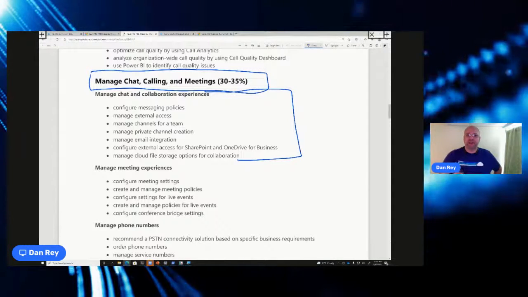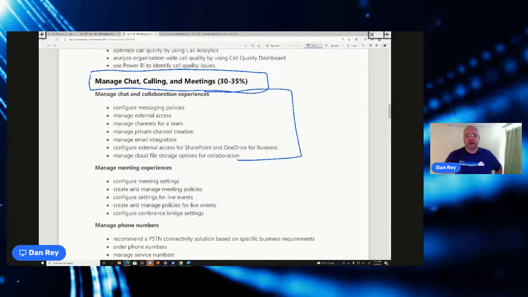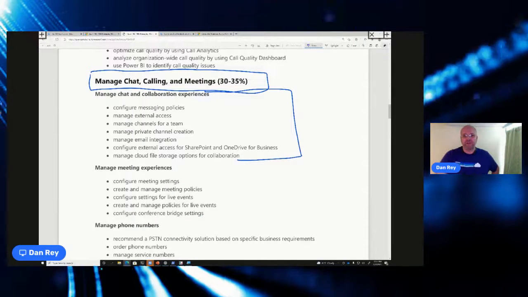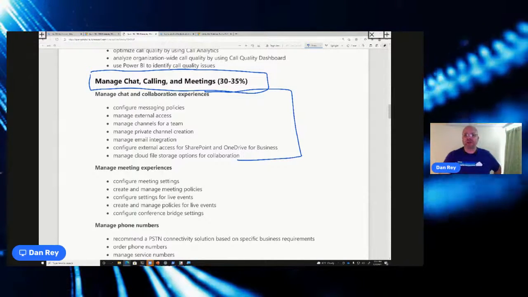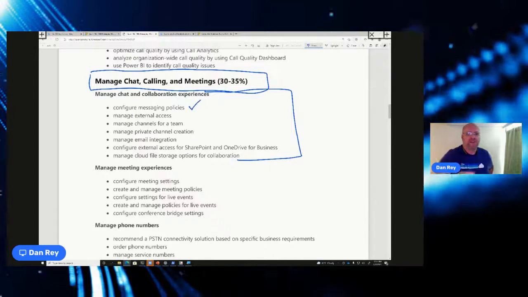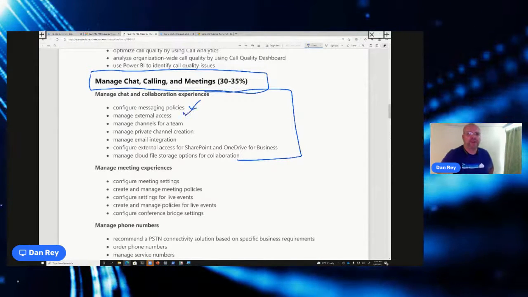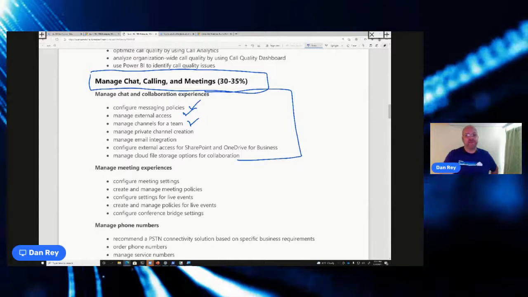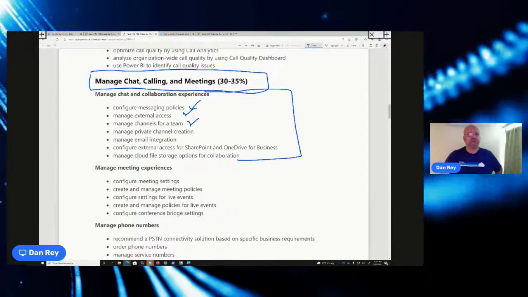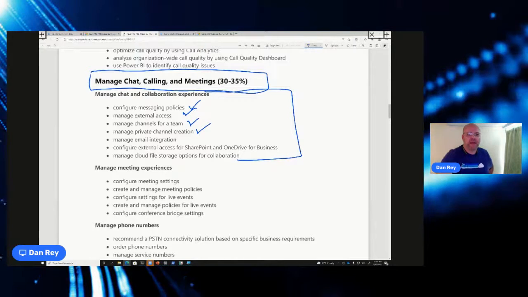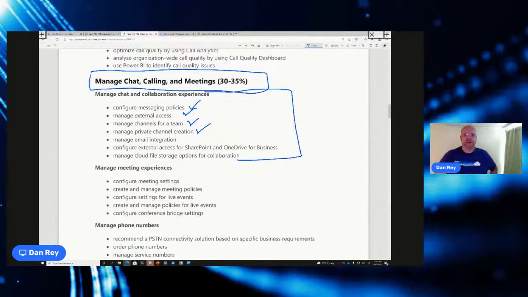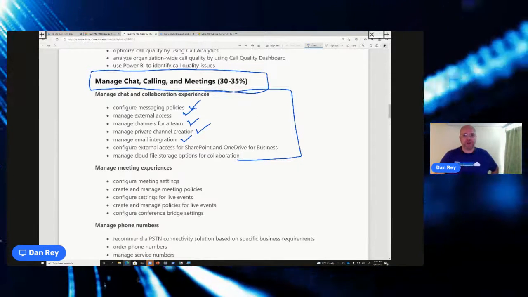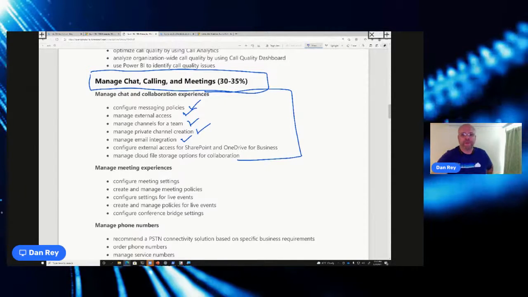So besides expert technology and the manual that you're given, hands-on labs, you also have an instructor to guide you through configuring messaging policies, looking at external access to Teams, managing the channels within a team that you create or that was created for you as part of the class, managing private channel creation and some of the concepts there, how email integration works with Microsoft Teams channels, and then